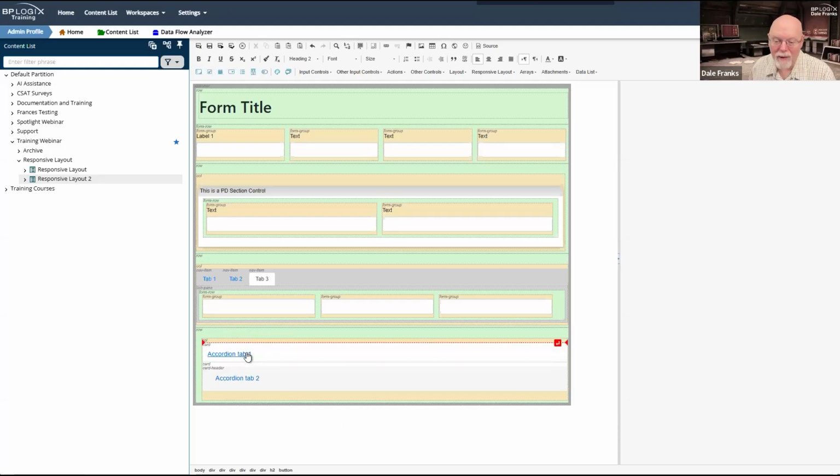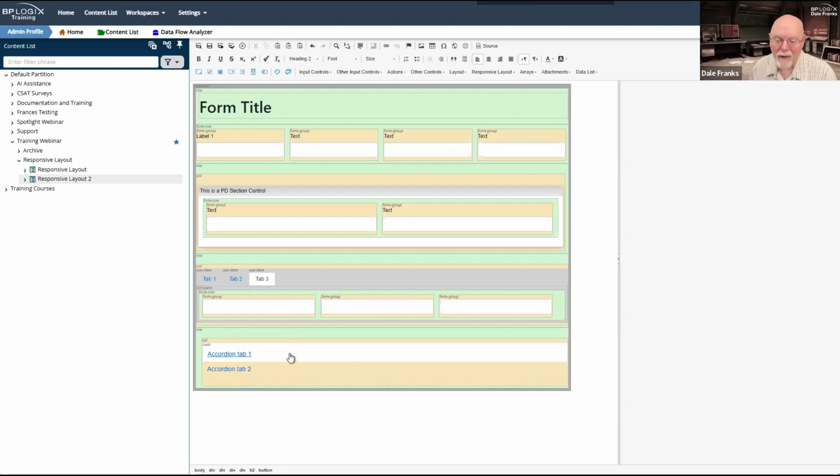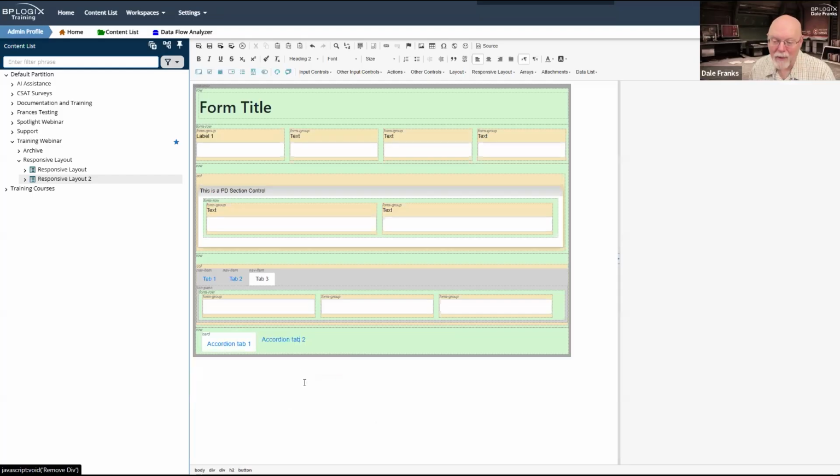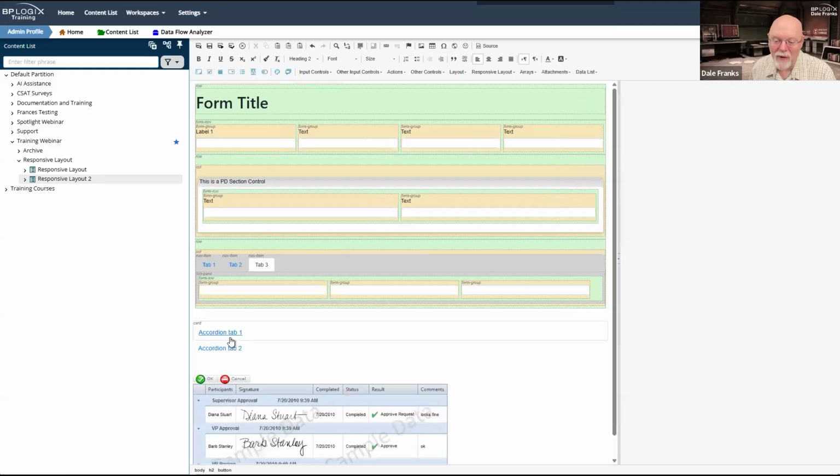Remove div. Remove div. I have remove div, remove div, remove div. I'm sorry, I'm just removing all of these.